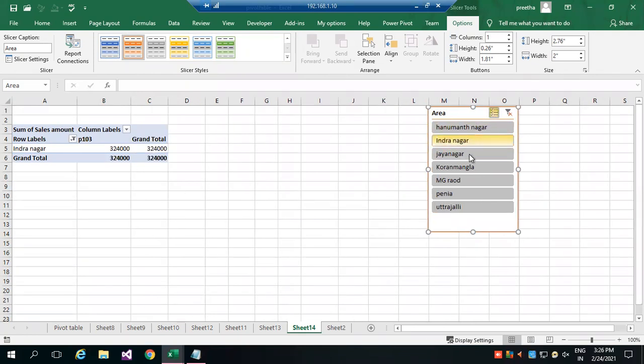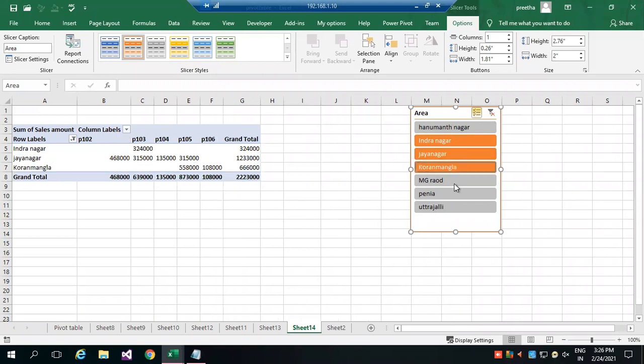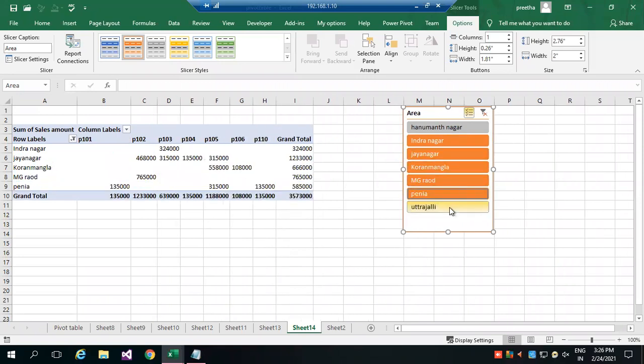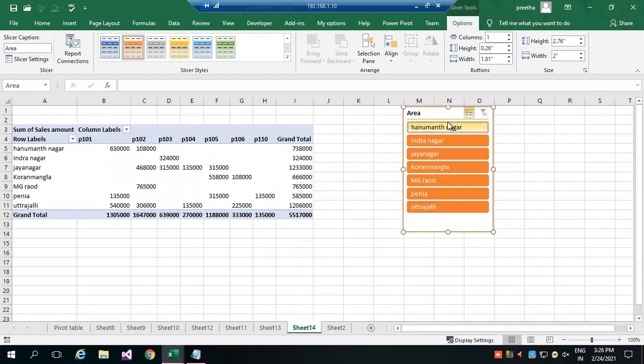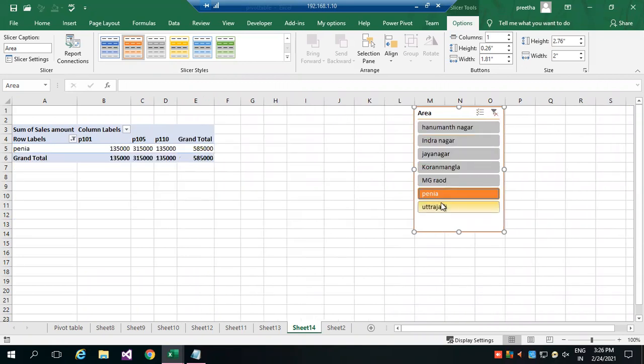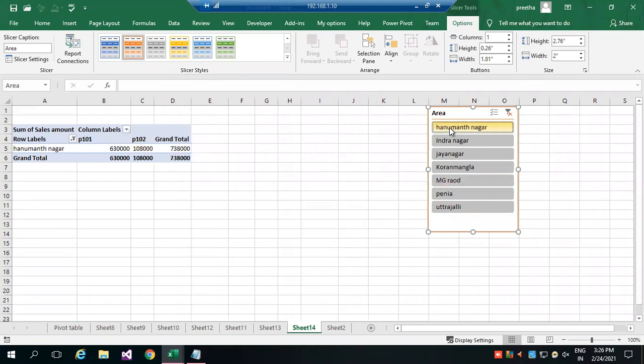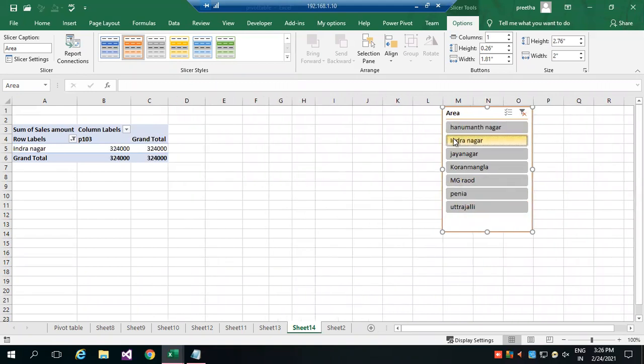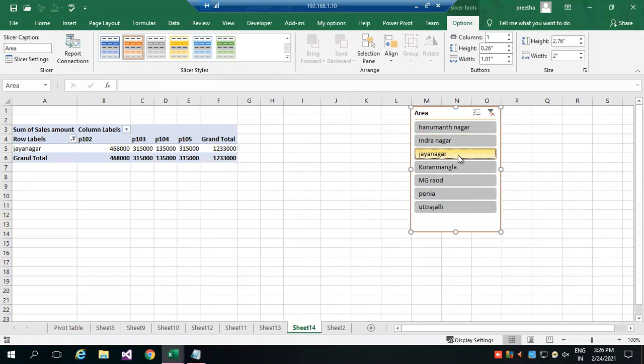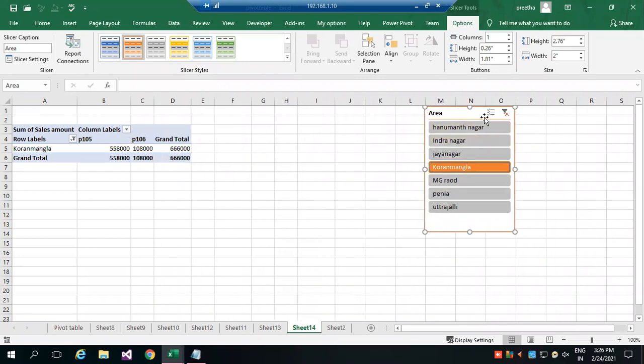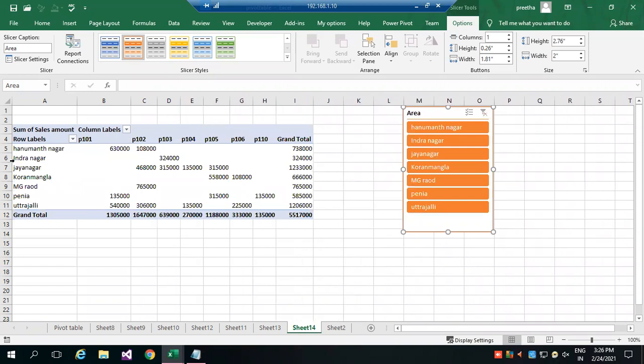If you want multiple selection, you select multiple. By default, everything will be selected. If I don't want, I can select only for one product. This is called slicer.